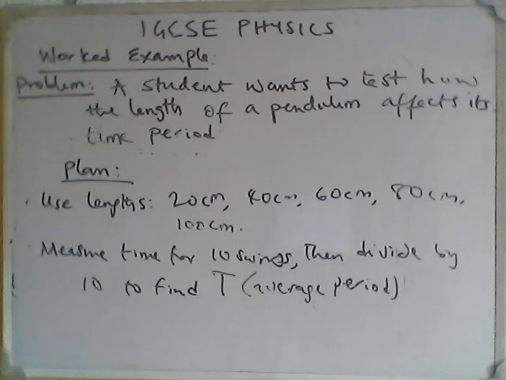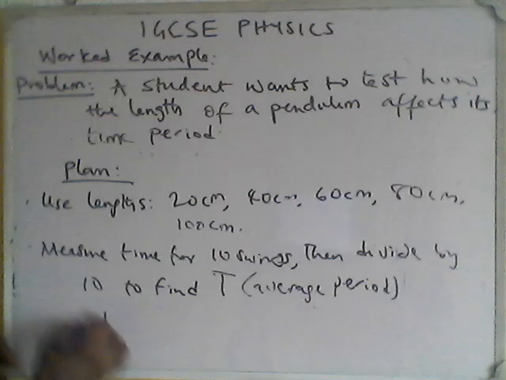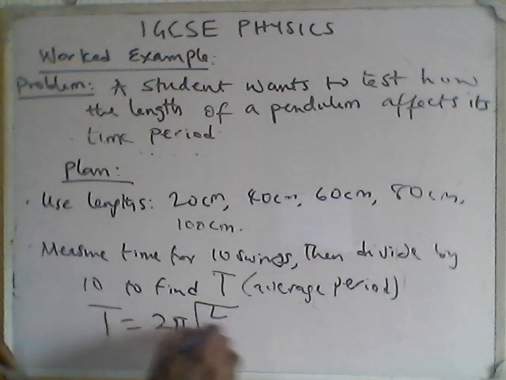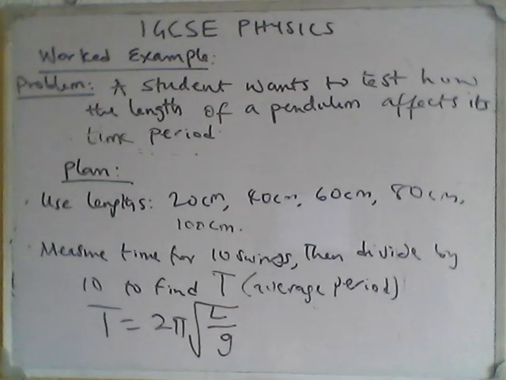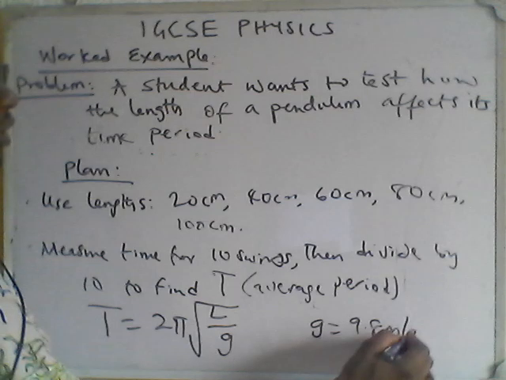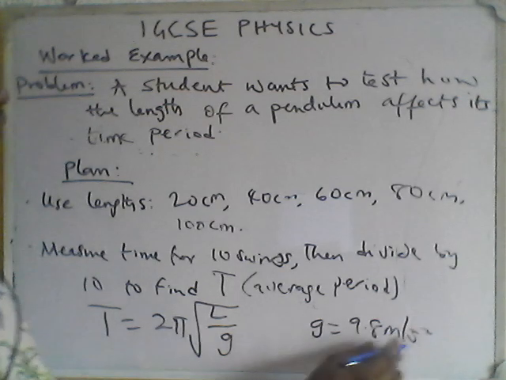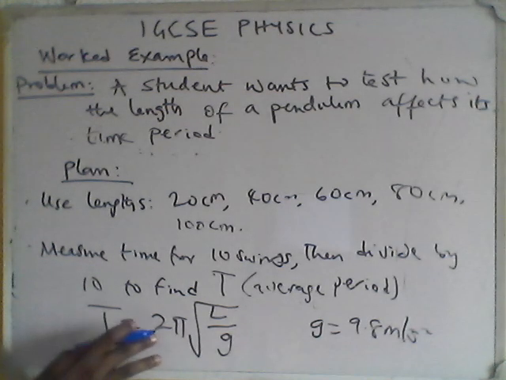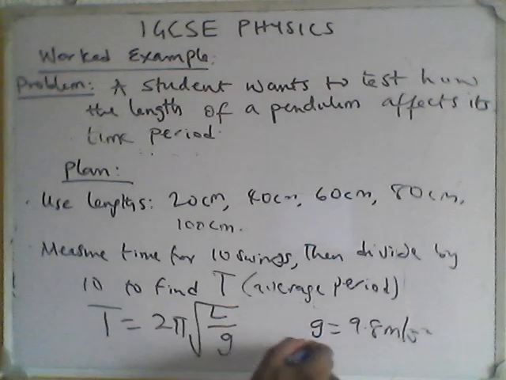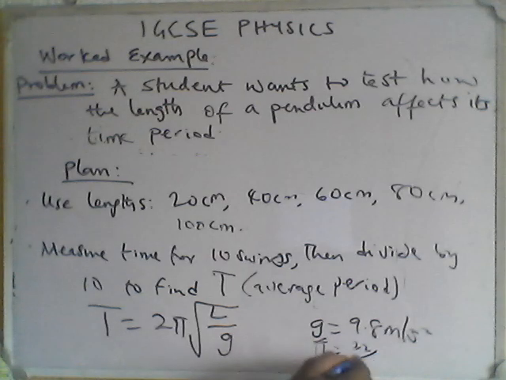So what I should be expecting as the relationship is that T equals 2π times the square root of L over G. Now at this point, we said that gravity is constant. Gravity, G, is 9.8 meters per second squared, the acceleration due to gravity. Then 2 is a constant value, and π is also constant. π is 22/7. That one is also constant.